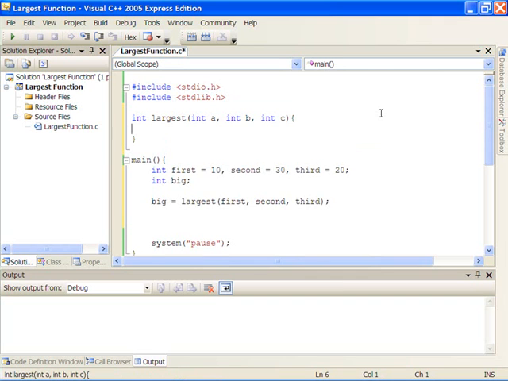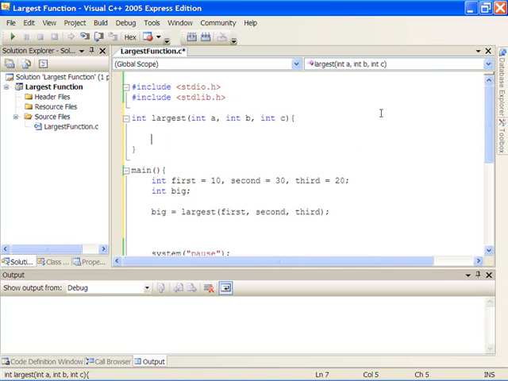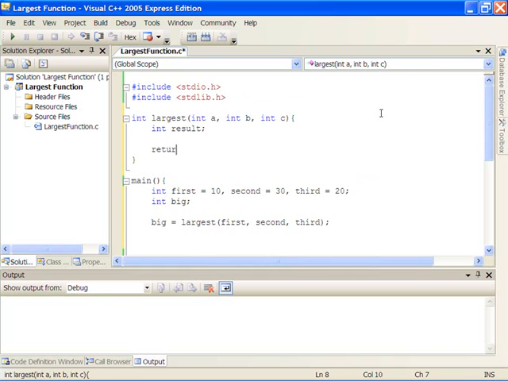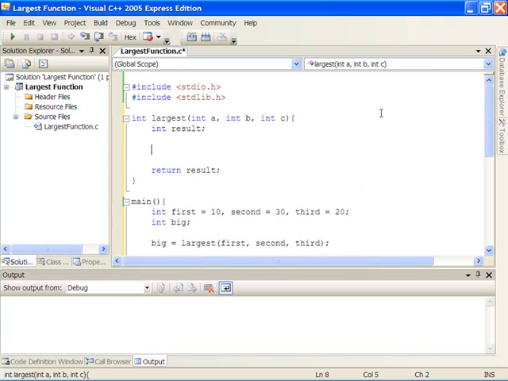So there's the function with the open and closed braces. And now you don't have to do it this way, but this is my preferred way. Whenever I write a function that has a return data type other than void, I declare a variable called result, and then at the bottom I return the result. And then in the middle I just have to figure out what is the result that will get returned. So this will compile all the time,